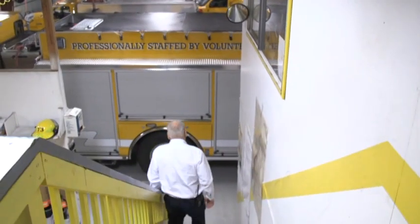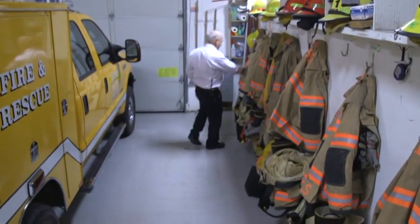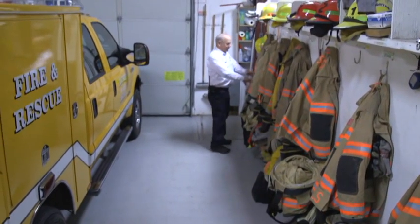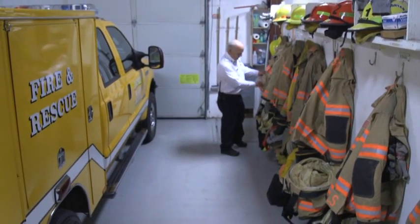It took over 4 months to get access to the lakeside station and their equipment. Chief Jerry found the equipment in poor repair and no organization of tools on any of the fire vehicles. This was going to be a bigger challenge than anticipated for Chief Wharton and his crew of volunteers at the Hauser District. With our organization and the amount of volunteers we have, that put quite a strain on them, because